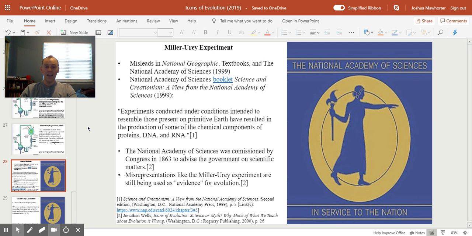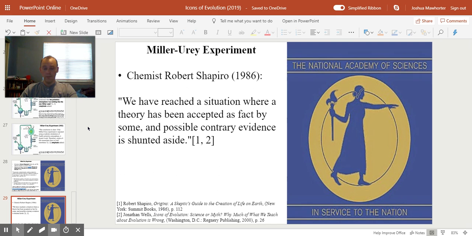But why should lies be used to support a theory that is supposed to be so obviously true that no one scientifically minded can deny it? Lastly, let me just finish with this quote by a chemist named Robert Shapiro. He believes in evolution, and he says from 1986, "We have reached a situation where a theory has been accepted as fact by some, and possible contrary evidence is presented